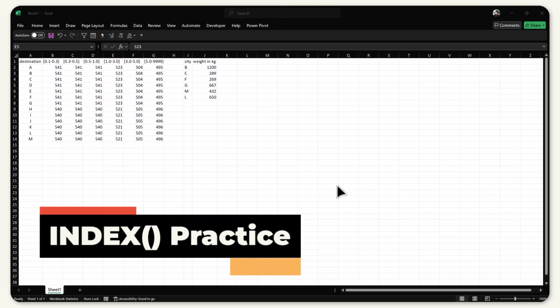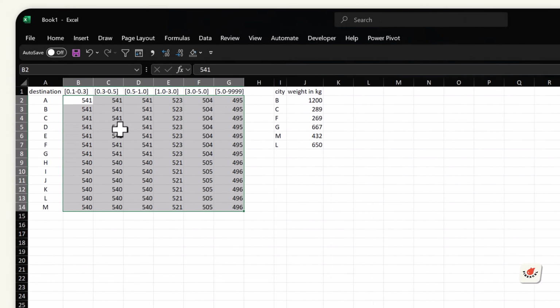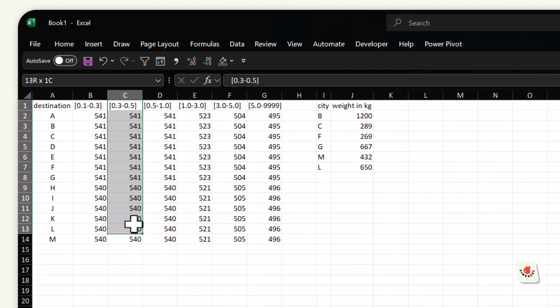Hey everyone, today we're going to go through a very old topic. It's about the usage of index match. A very typical example is that you have this pivot format of your rate card, which means that you need to look at, say, horizontally and also vertically to find a particular charge for a particular city for